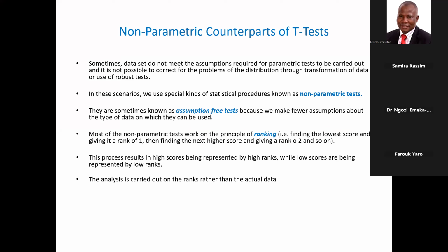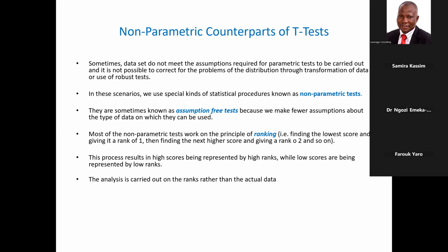So today we are discussing the non-parametric counterpart of the t-test. I've already told you, parametric tests are the tests where you assume that the distribution of the variable follows a theoretical distribution, which is a normal distribution, and some other conditions like homogeneity of variance. So if those important conditions are not met, or not all the conditions of using a parametric test are met, you can decide to say, okay,